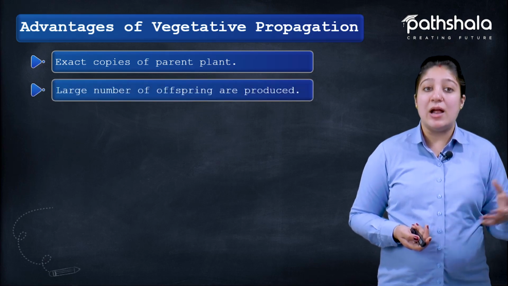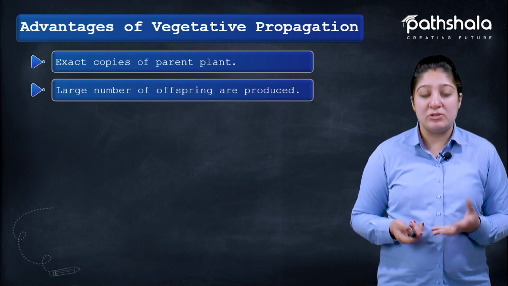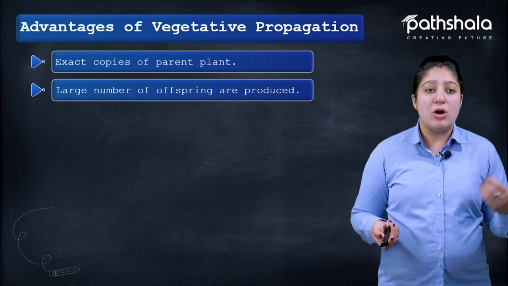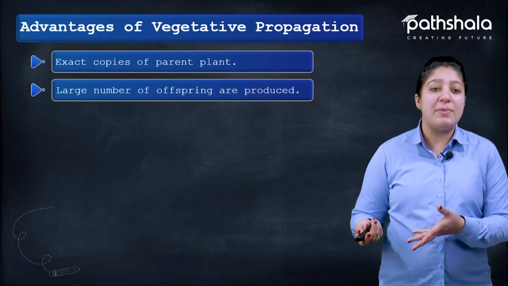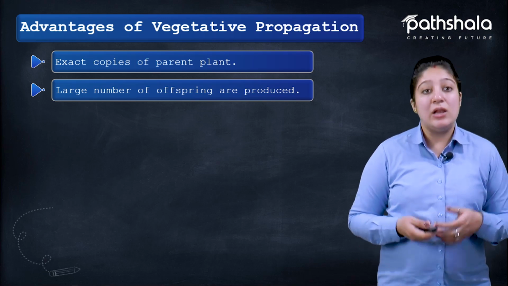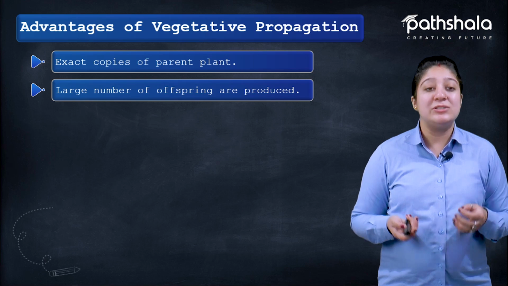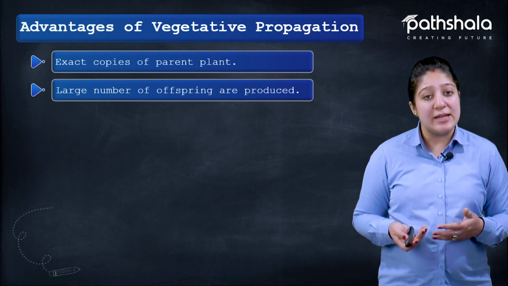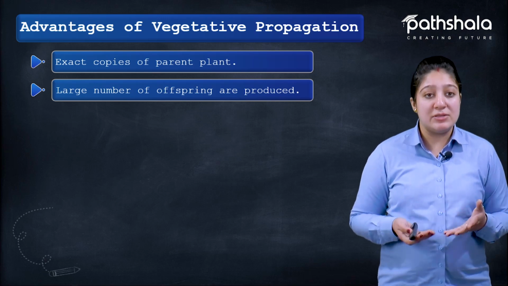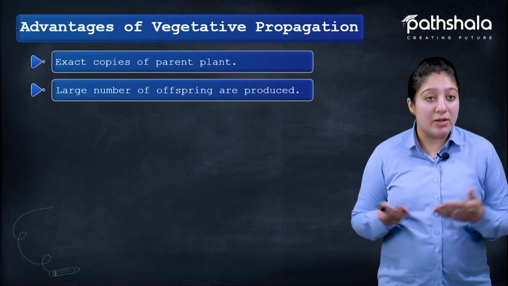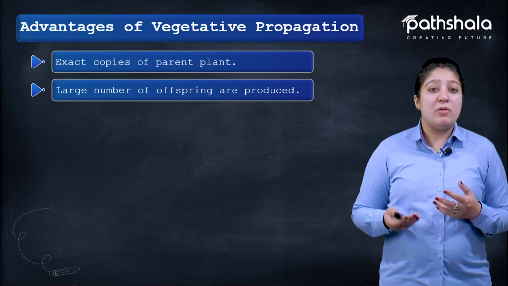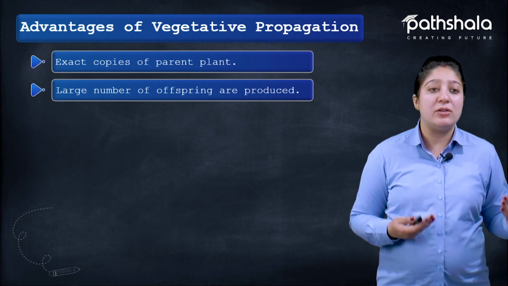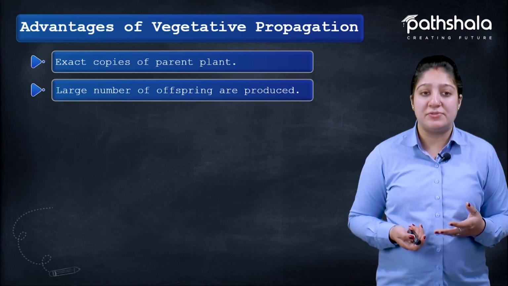Now in this, a large number of offspring can be produced. Like in the case of sexual reproduction, only one plant is grown, but in this case a large number of offspring are produced. Why? Because so many buds can be seen in this case. We know that there are many stems in the plant. Roots are also there in large number, and because of that we can easily use all the vegetative parts